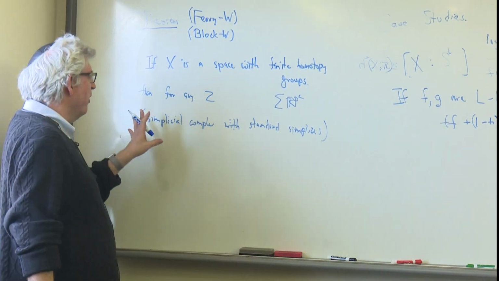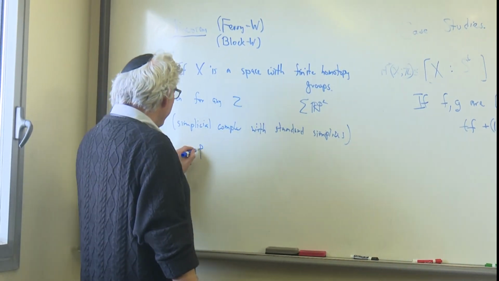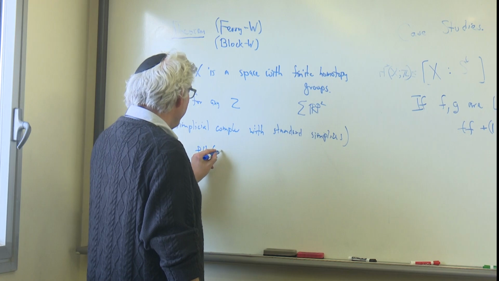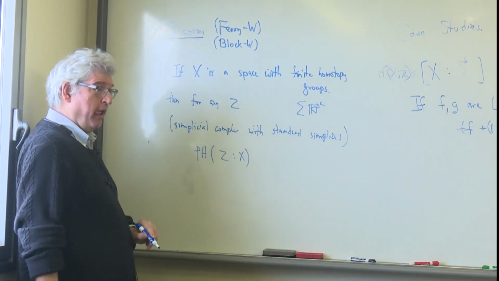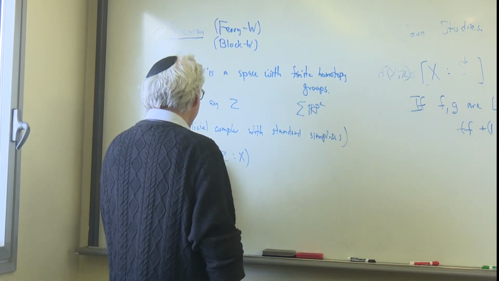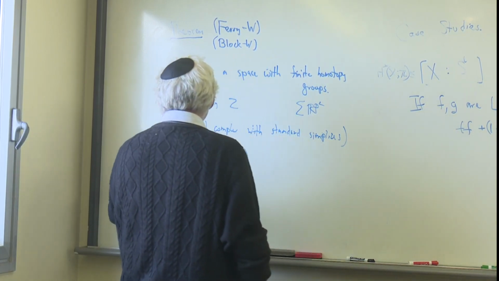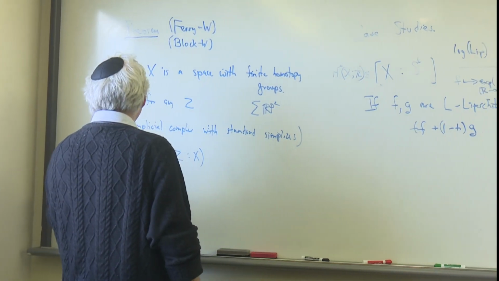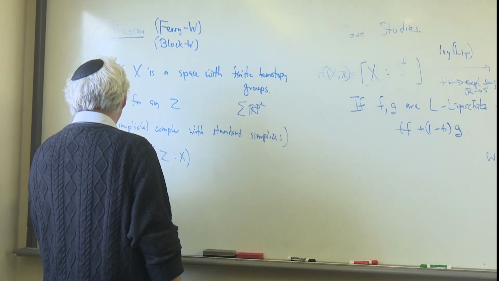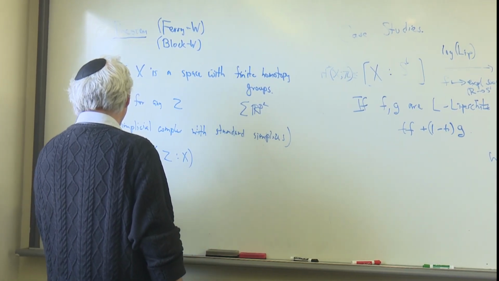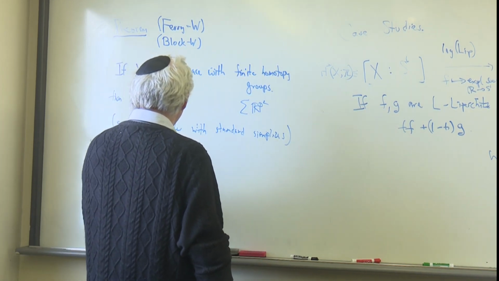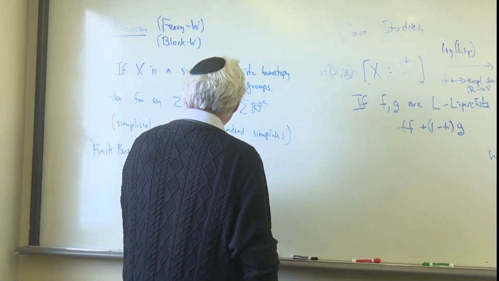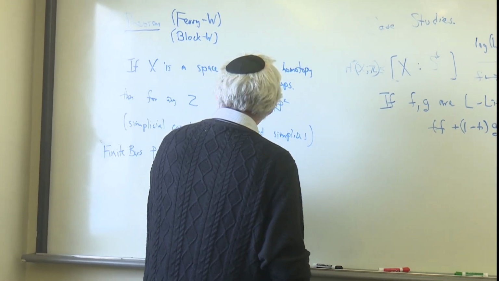I don't want to talk about weird things. Then the persistent homology of the maps from Z into X. So let me just say, the finite bars of maps from Z to X, with respect to log of the Lipschitz function,